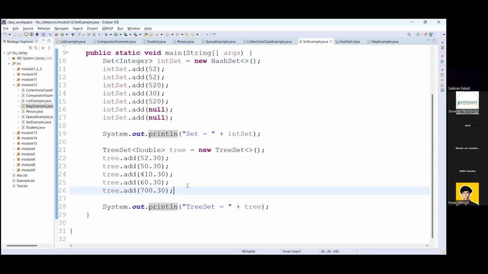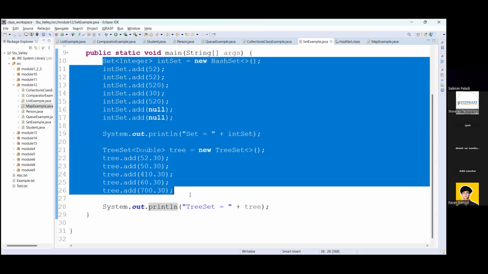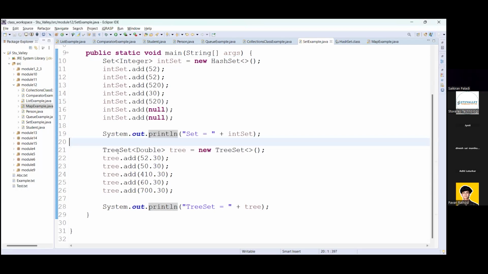It will never store duplicate elements. It will only store unique elements. Okay, so this is how the set data structure works. The difference between hash set and tree set is only that hash set internally